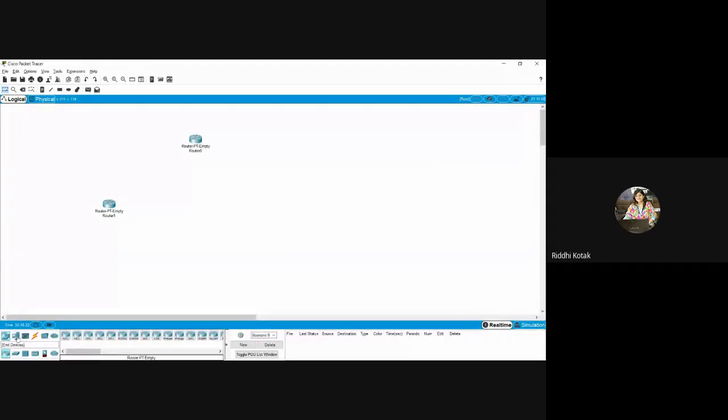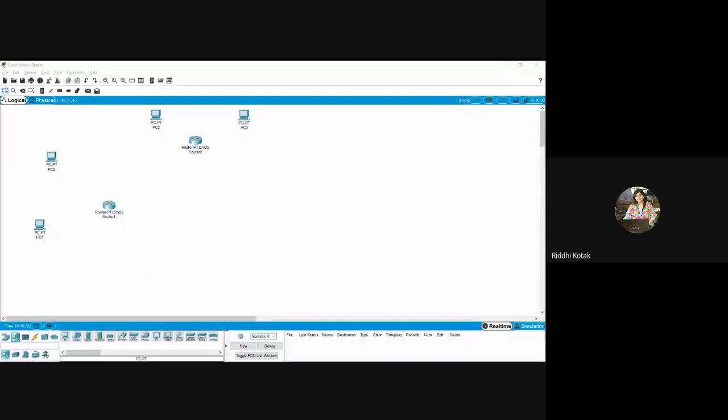Second one, suppose I want to add a PC to create any kind of network. It can be a local area network, a wide area network, a metropolitan area network, or any network, personal area networks also. So you need some devices. A device can be a computer, a laptop, a mobile phone, or a server.